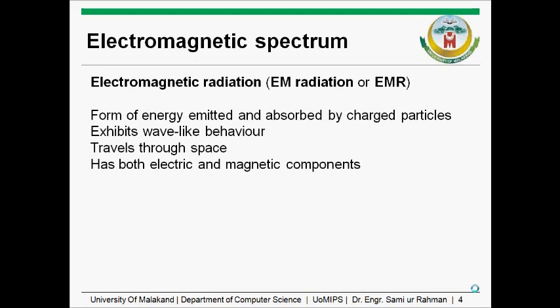In your intermediate level physics, you might have learned something about electromagnetic radiation: that this is a set of waves that contains some energy, travels through space, and has both electric as well as magnetic characteristics. There is a large set of different wavelengths and different frequencies, and the wavelengths range from kilometers to nanometers. Okay,